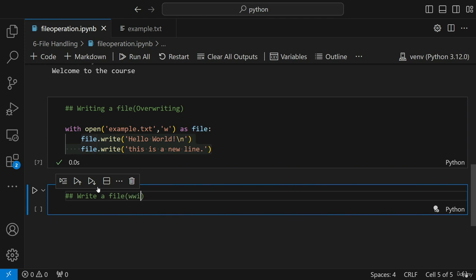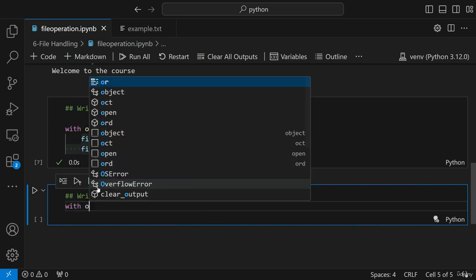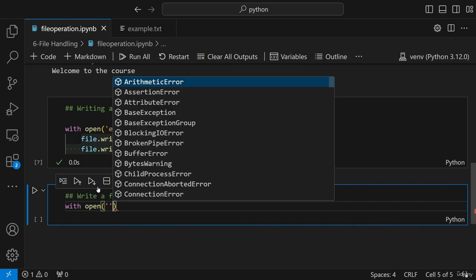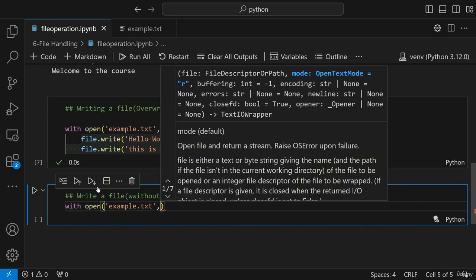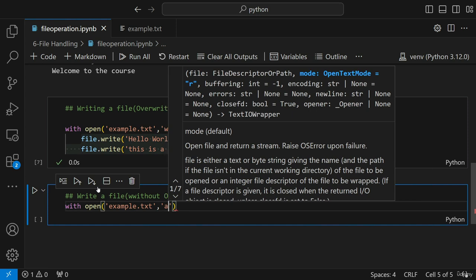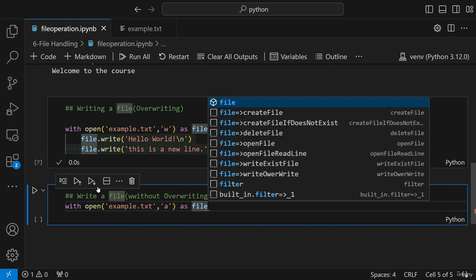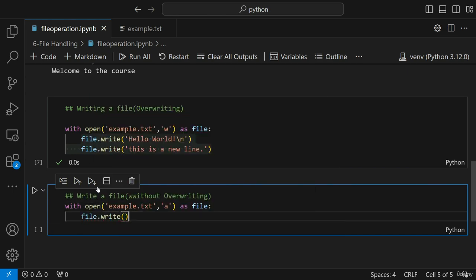overwriting, okay, without overwriting, then I'll be using a different approach. So let me go ahead and do it. I'll say with open, and here I'm going to use example.txt, and let me open this in another mode which is called append mode. Now in this append mode, what will happen is that if I go ahead and write file.write, append operation taking place,